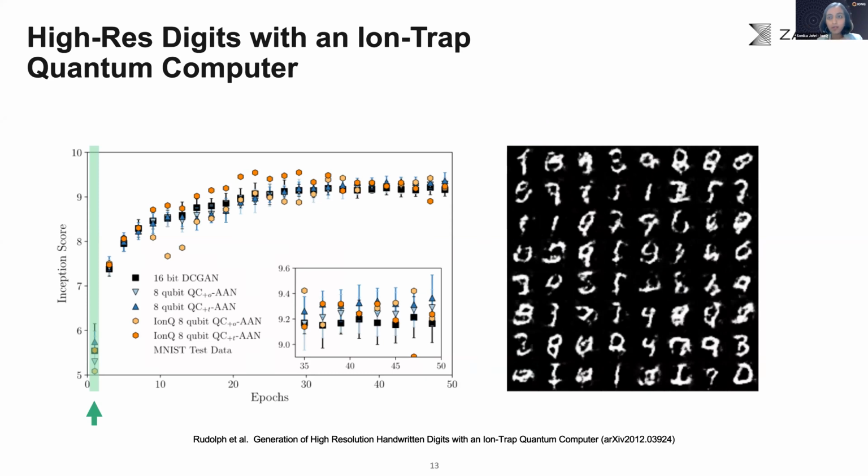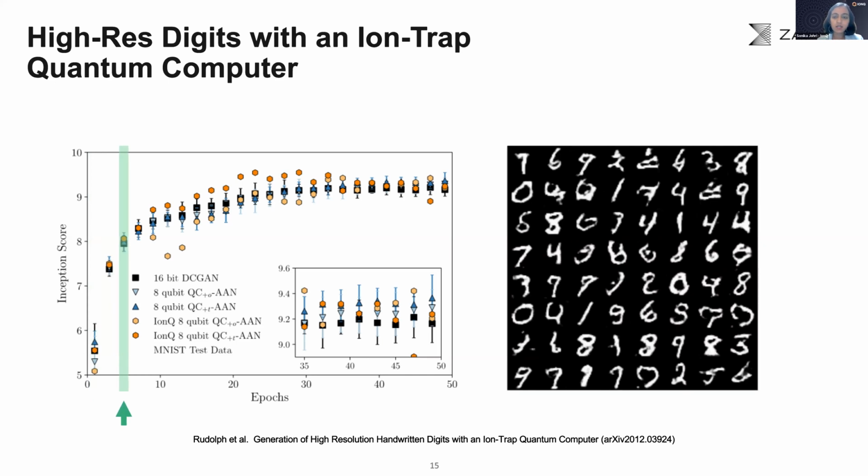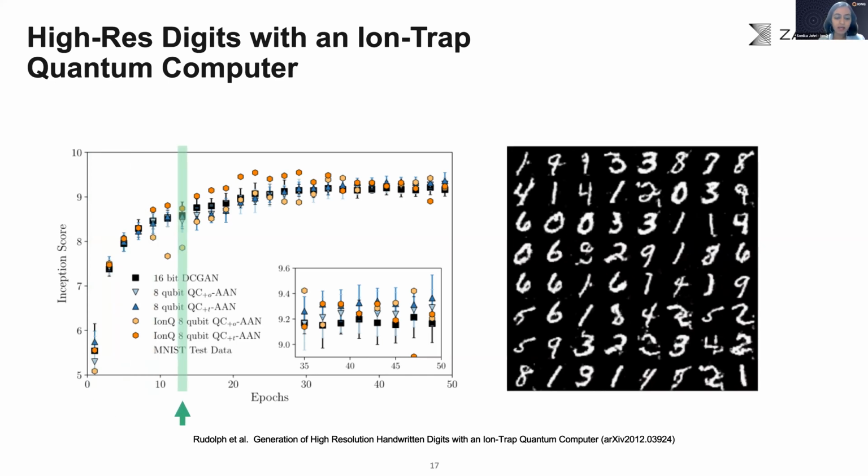The inception score plotted on the y-axis over here is a measure of how realistic the images look, as well as whether all of the digits are produced with roughly equal probability. On the right here, you see images from the generator and the hybrid quantum classical model when the learning has just started. You can see that as the learning progresses, the images generated get more and more realistic until they are